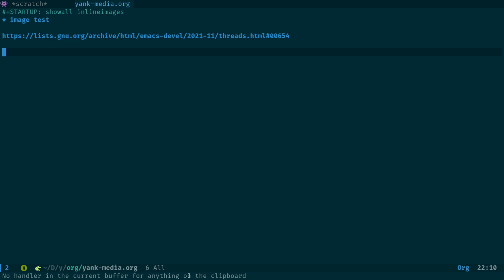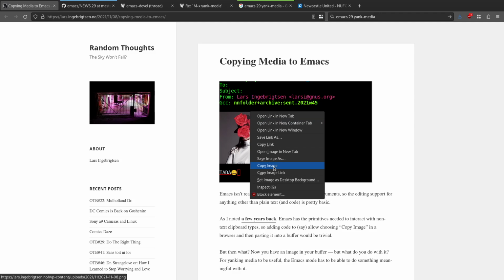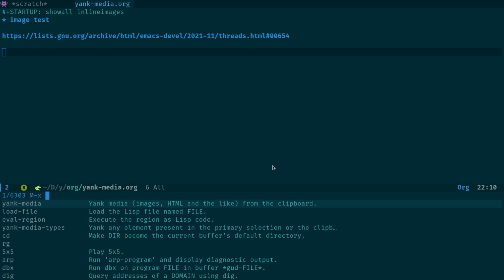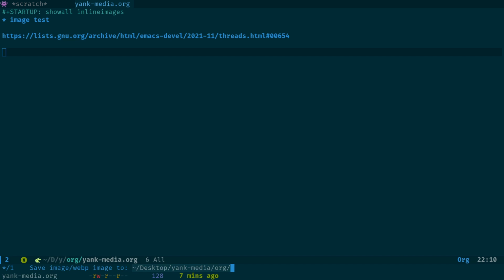Okay, no handler in the current buffer for anything on the clipboard, and that's because I haven't copied this to the clipboard. I need to do that again. So copy image, yank media. Now it's coming up: image WebP. So I'll choose image WebP. I'm going to call this